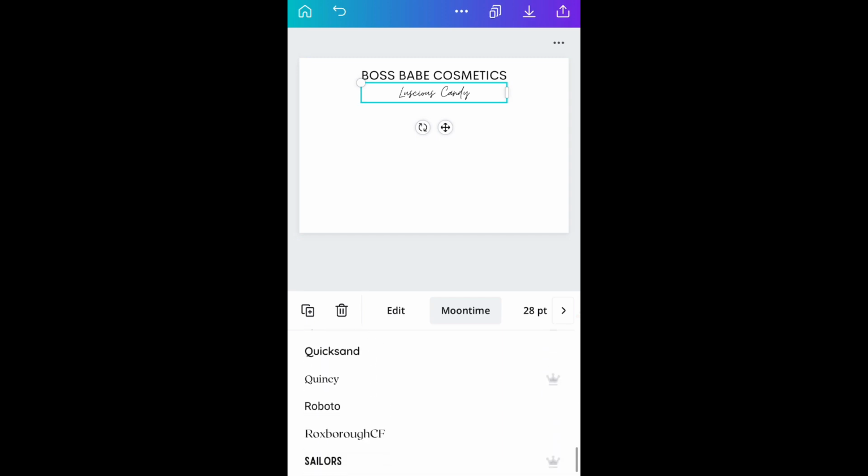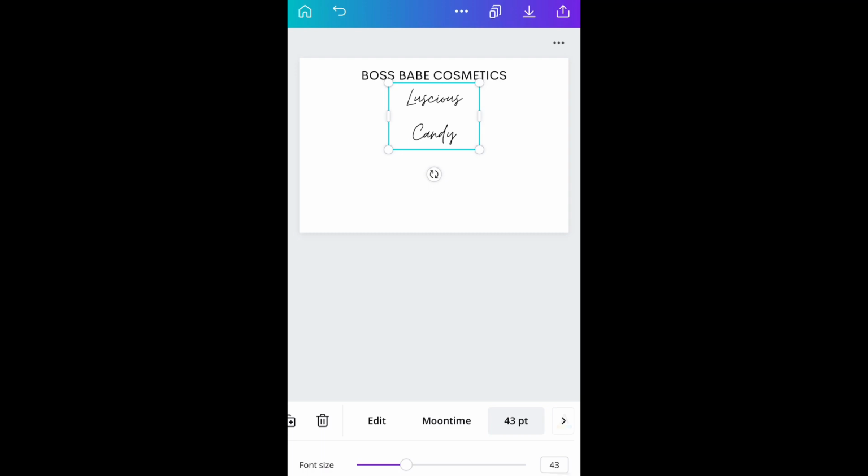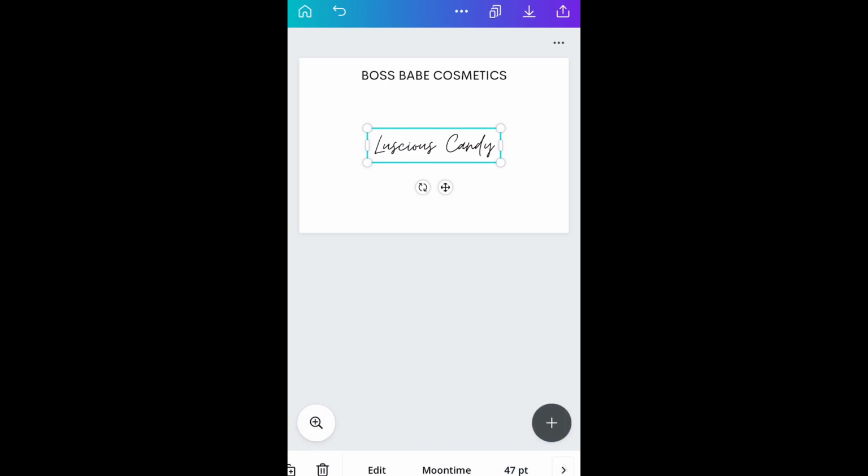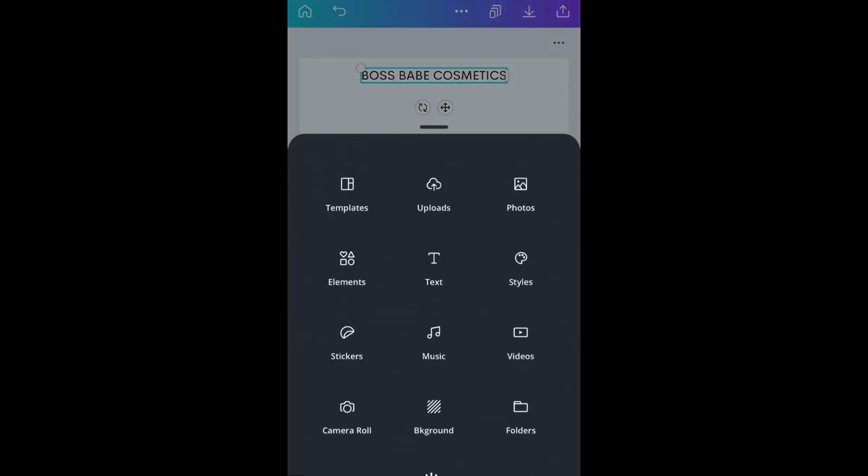So I'm just looking for a nice luscious font for our luscious candy, and we're just gonna keep searching for fonts until we get the nice one we like, and then we're gonna add graphics. We're gonna add, what do they call them? What does Canva call them? I can't even remember the name. It's gonna pop up here when I hit the plus button. Right, elements. We're gonna add elements to our